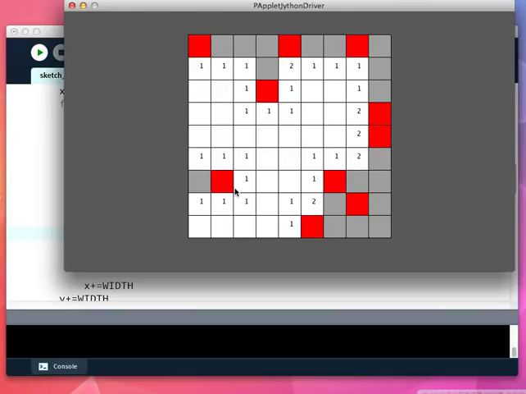And the missing feature, I think, really is just allowing the user to flag the positions in the grid where they think the bomb is, and ending the game if they click on the bomb without it being flagged, and ending the game as a lost game, but ending the game as a won game if they've flagged all of the bombs that are there. So I think that's really the